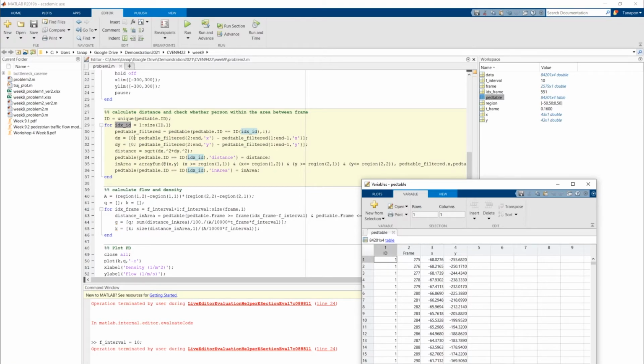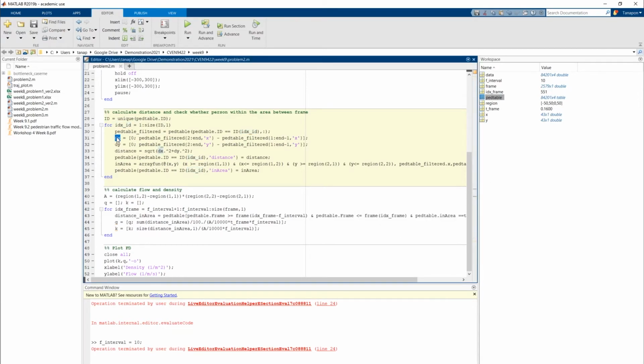Okay, so what I did was, the first time step there's no movement, and then we calculate the distance at the end of the movement. I see. So similar to what we did in example in problem 1, we calculate dx, the change in x coordinate, and change in y, and then we calculate distance from the square root of delta x squared plus delta y squared. We got distance,